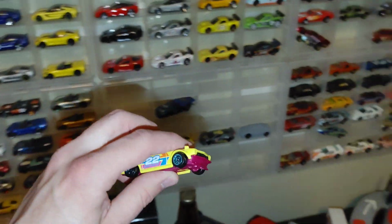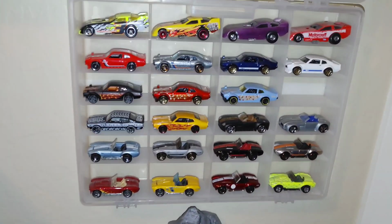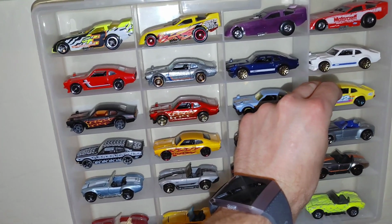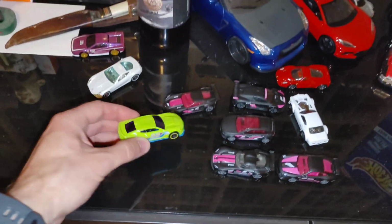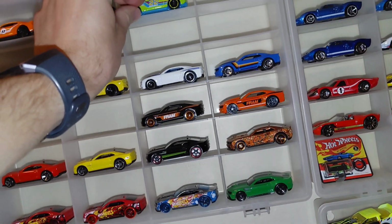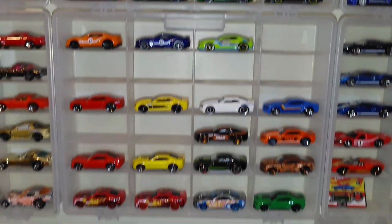All right, and next up, let's go ahead and take care of the Maverick. Put him in his new home. Down here with the other Mavericks. Got a spot picked out already. Right there. All the other Fords. Okay, and since we're right here, go ahead and take our Spring Circuit Camaro. 17 ZL1. And he will go right there. The other ZL1s and all the